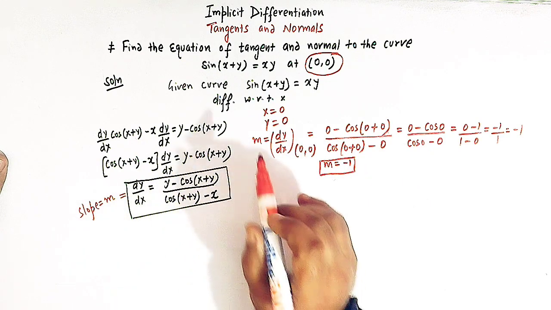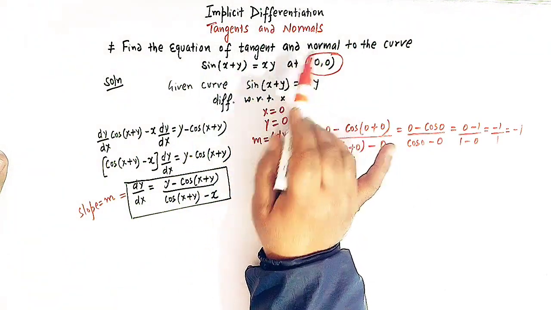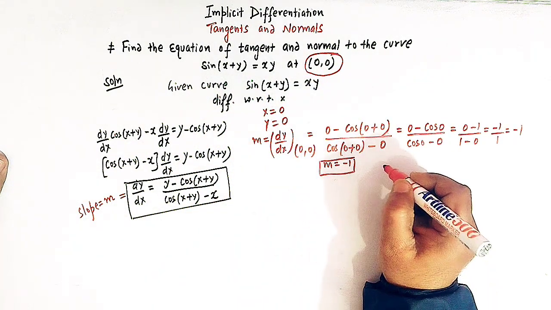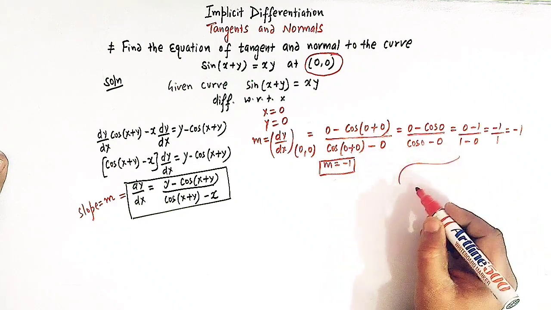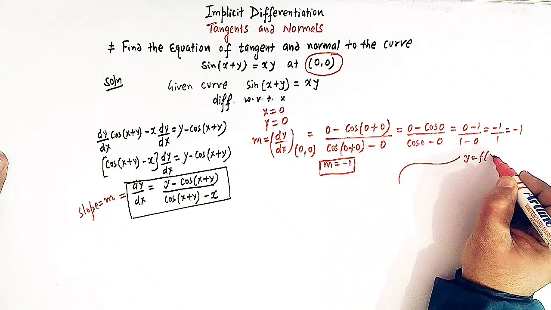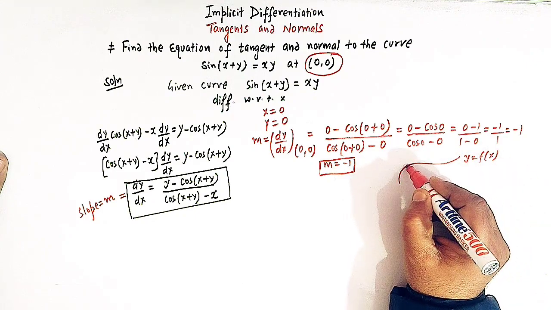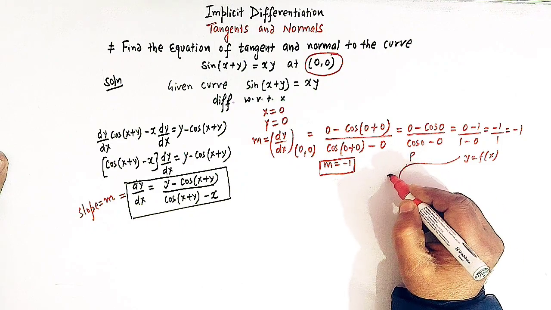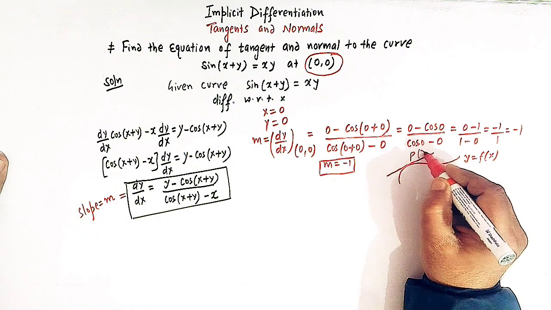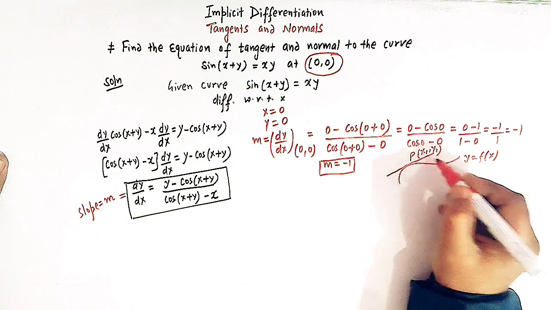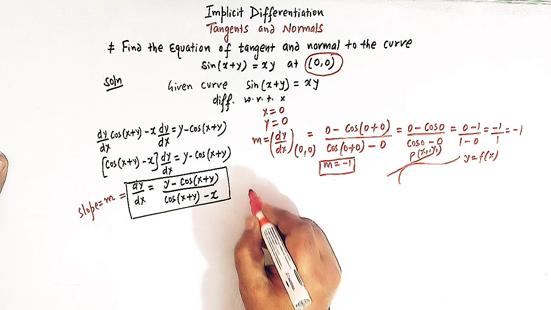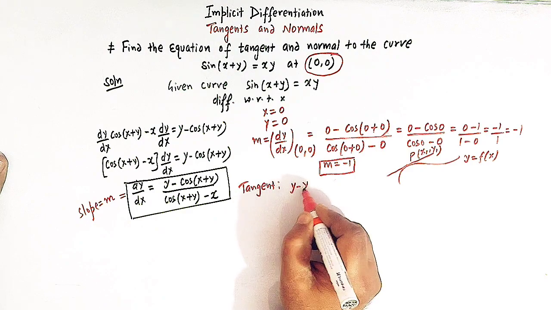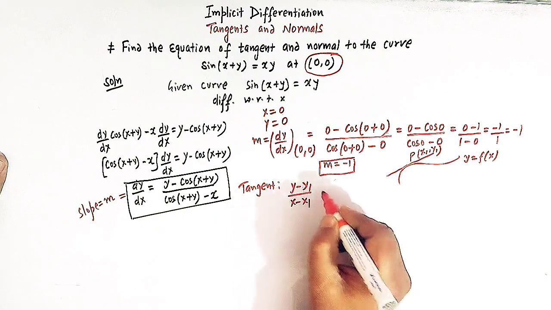Okay, so now we have to find the equation of tangent and normal to this curve at 0 comma 0, right? Now see, we know that if we have a curve, say y is equal to f of x, and if we wish to find out the equation of tangent at this point, say P, and this point P is say x1 comma y1, then the equation of tangent is given by y minus y1 over x minus x1 is